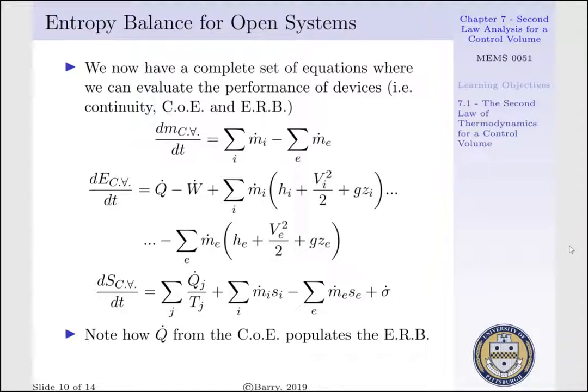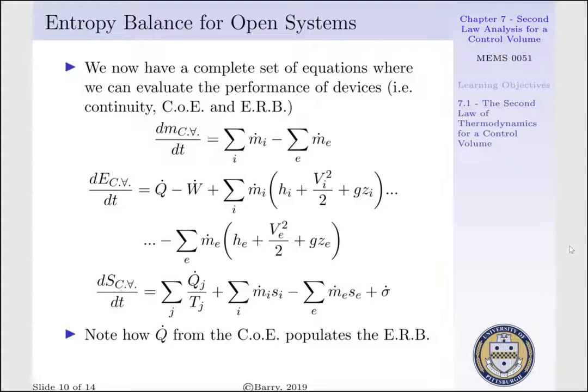Then we have our conservation of energy equation. The time rate of change of energy within our control volume is the rate at which heat is applied, less the rate at which work is done, plus the sum of the mass flows into our system, carrying an enthalpy, a kinetic and potential energy, less the sum of the mass flows out of our system, carrying an enthalpy, kinetic and potential energy. And lastly, we have the entropy rate balance equation. We note that Q dot typically comes from our conservation of energy equation and then populates our entropy rate